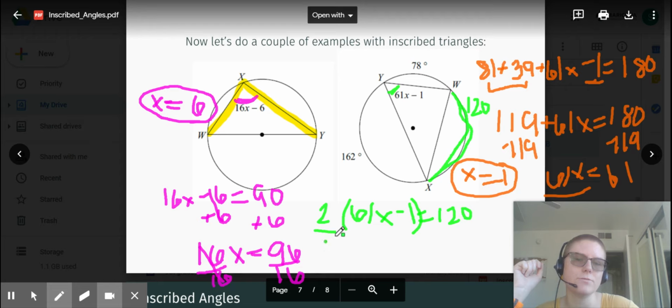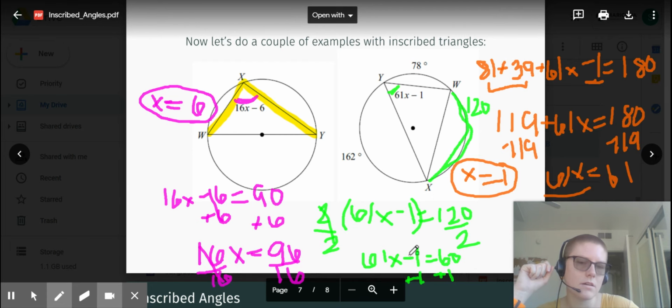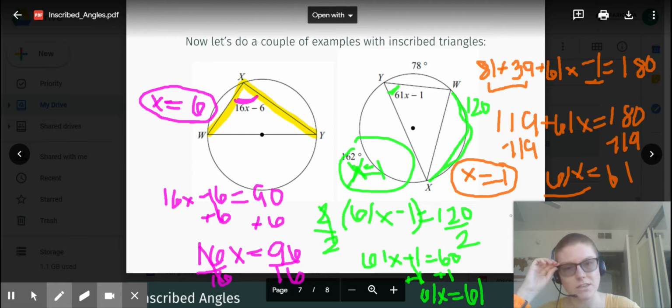So we divide out that 2, divide out that 2, 61x minus 1 equals 60. We add the 1. And then we've got, once again, 61x equal to 61, which is the same thing we had up here. So we see x still equals 1. We just did it a different way. And that's a good way to check your answer, is that it should be the same no matter how you